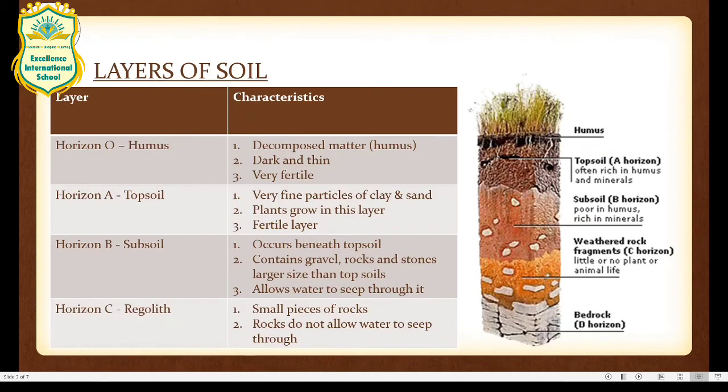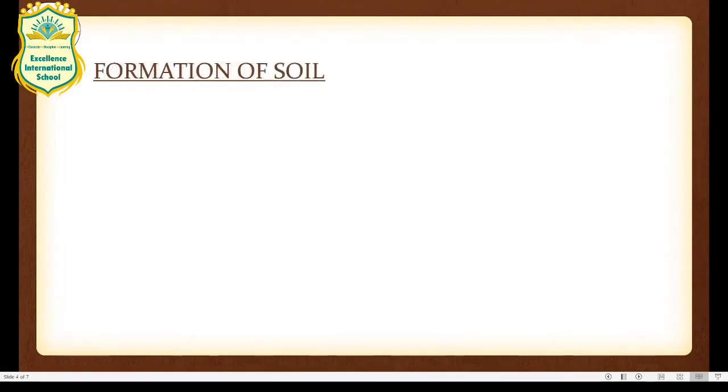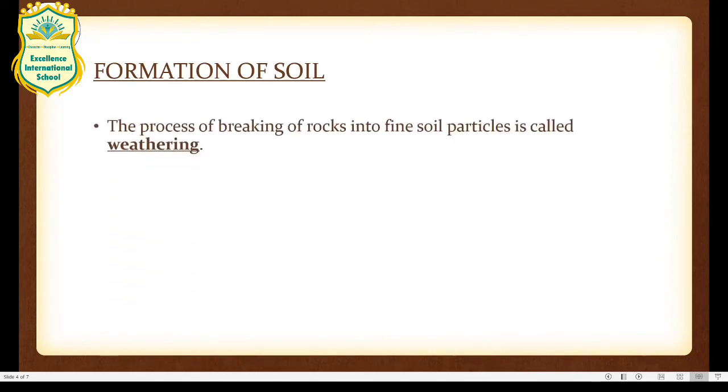So let's move on. Where does soil come from? It's natural. It must have not just always been here, right? Is it possible? Let's see how soil was formed. The process of